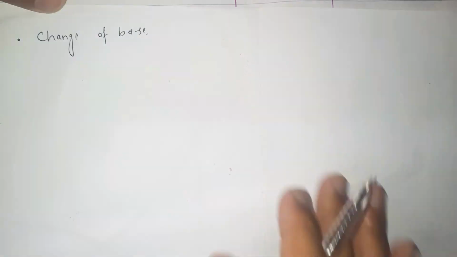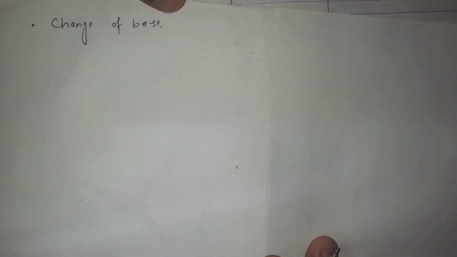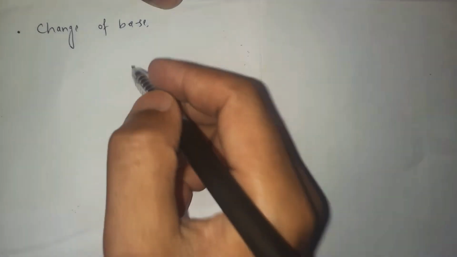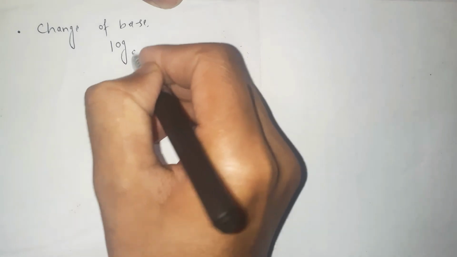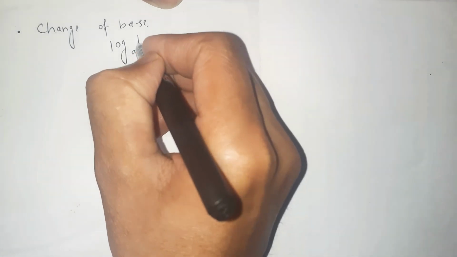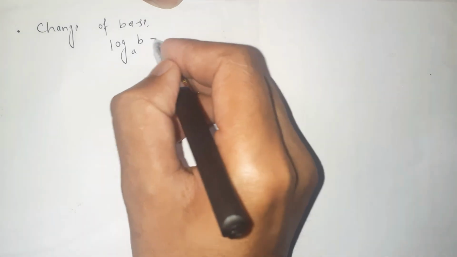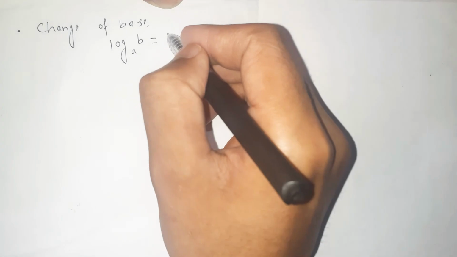First of all, let's have a quick recap on some properties of the logarithm. Let's write a very important property of the logarithm. It is change of base property. Change of base. This property is a very important property on the logarithm. Let's write its expression. The change of base. A log with base a of a number b. Here, a log with base a of a number b can be written in terms of the change of the base.